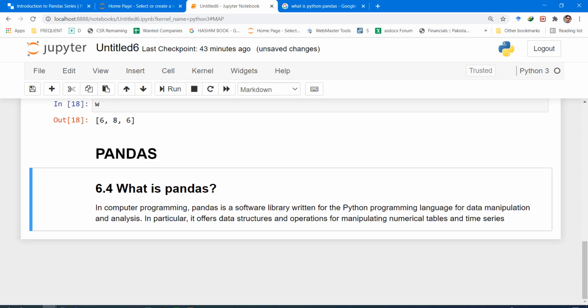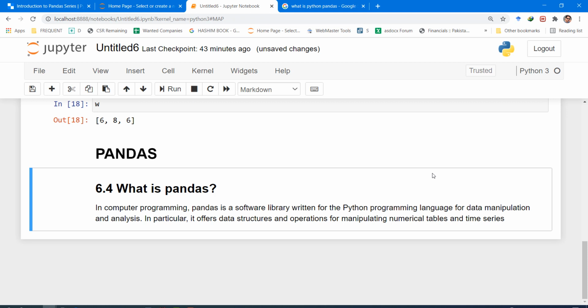Normally we call it a library. So it's a library of functions that was written in Python programming language, and the main purpose of pandas is data manipulation and analysis. So it makes it extremely convenient to manipulate data.